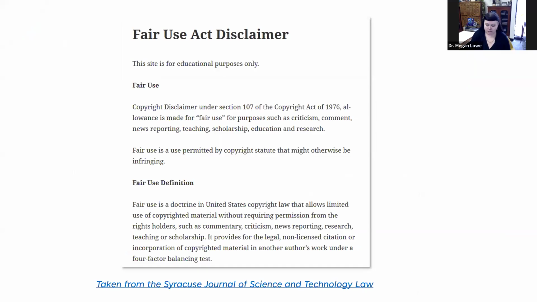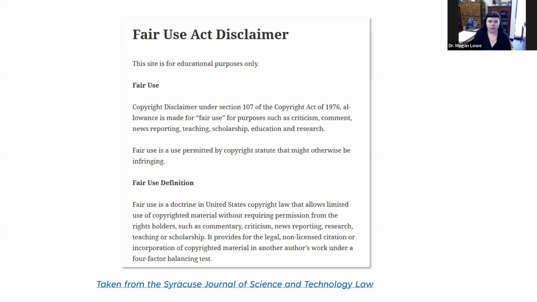The image on this slide is a screen capture from the Syracuse Journal of Science and Technology Law. Attaching a notice like this represents good faith on your part when using copyrighted materials in the context of teaching, learning, and research. It identifies itself as a Fair Use Act disclaimer.